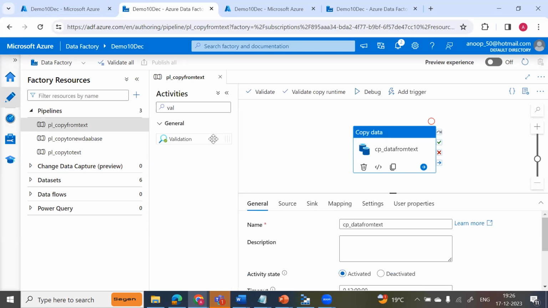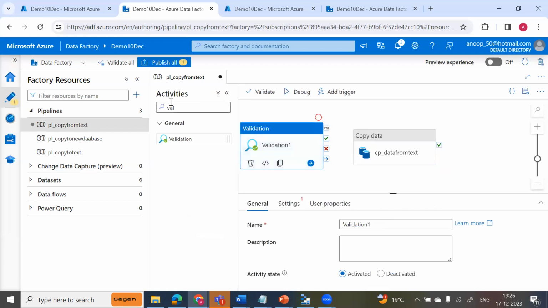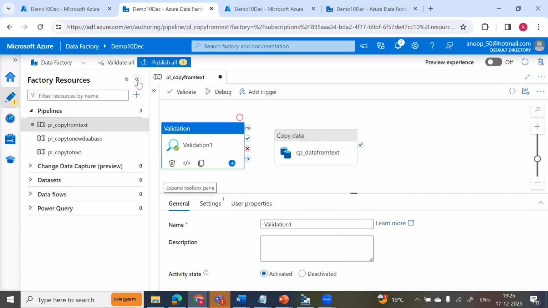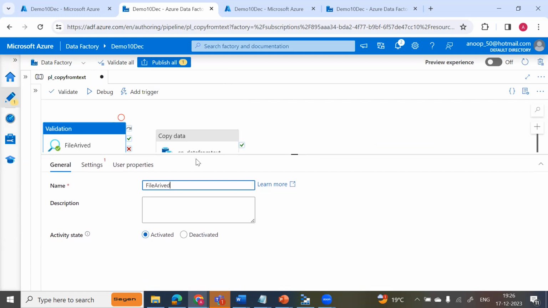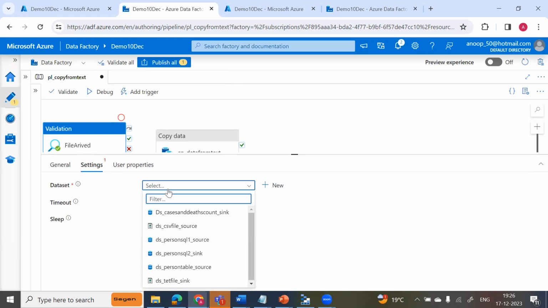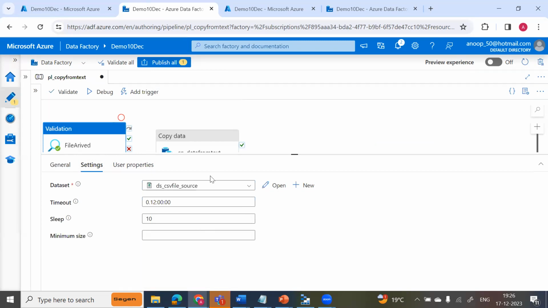Okay. So all right, and let me minimize this. Okay, so I'll just call it copy if file arrived. We'll call it file arrived. So the main things in this are the settings. I'll show you the settings. So in the settings, first we select the dataset. So we have this CSV file source, and what we need to do is